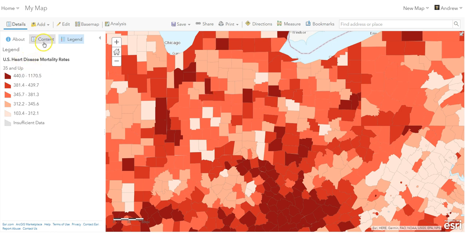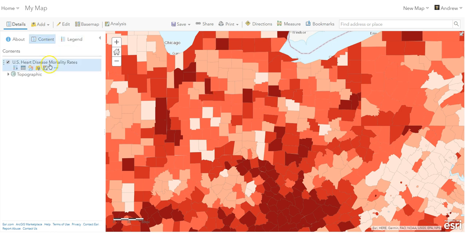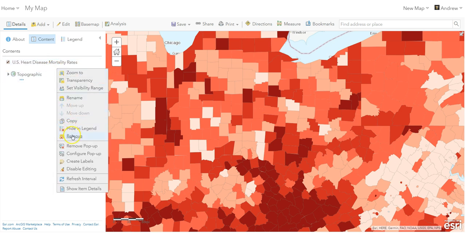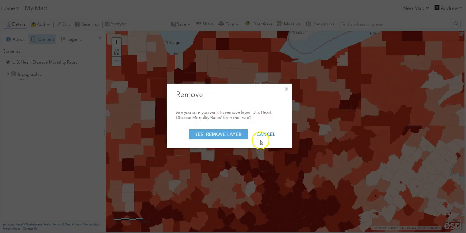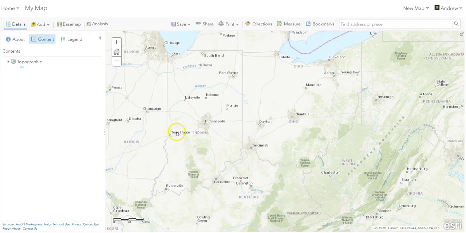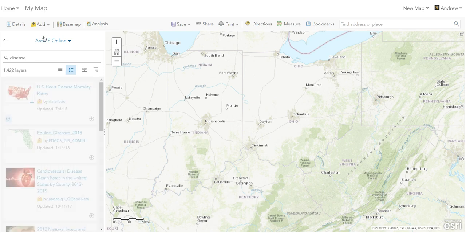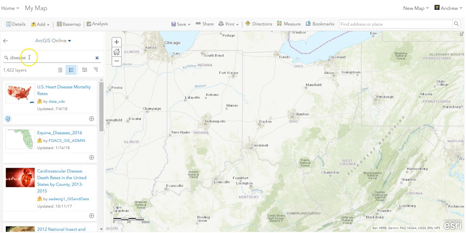I'm going to show how to remove that layer now. You just click on Content, click on this horizontal ellipse, and select Remove. Now, when I go back to the Search for Layers function, it's going to default to the previous search that I had. And so let's say that's not really what I'm interested in. I'm more interested in